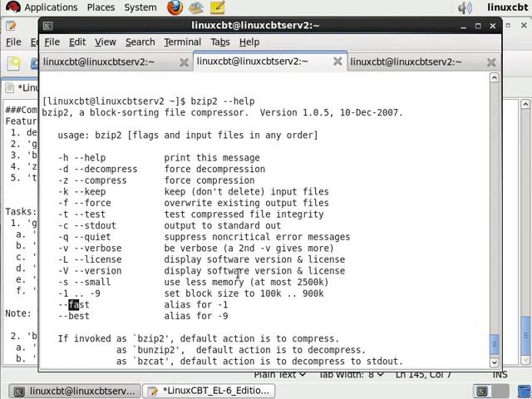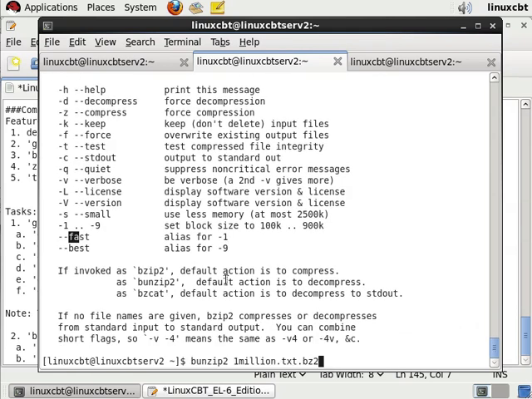So let's go ahead and take a look. Notice the various options that are available for bzip2. So let's bunzip and see what happens when we attempt to dump